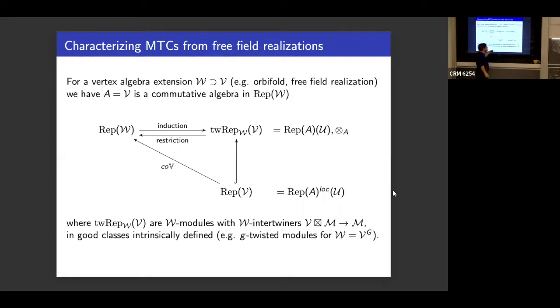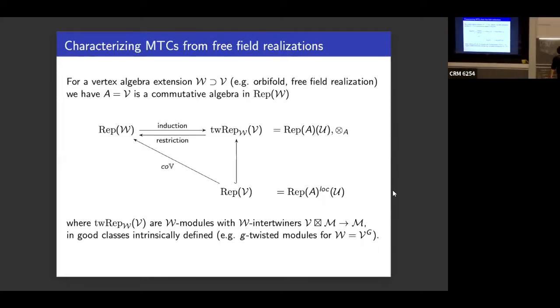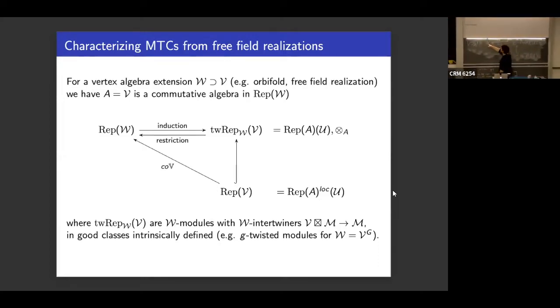And twisted here, of course, is not intrinsically defined, right? For a G orbifold, you can say G-twisted modules. And for Nichols algebra orbifolds, maybe at some point we have some Nichols twisted module, but I don't fix it. So it's just a name for what this category is. It's a tensor category. In the case of an orbifold, it's the twisted modules. So this is the one example I have in mind. You should keep these roles. So this here is induction: you have a module over the small VOA, you induce it up to a module over the large VOA. And in this case, this is very easy: you have restriction. There's a module over V, this restricts to a module over W.